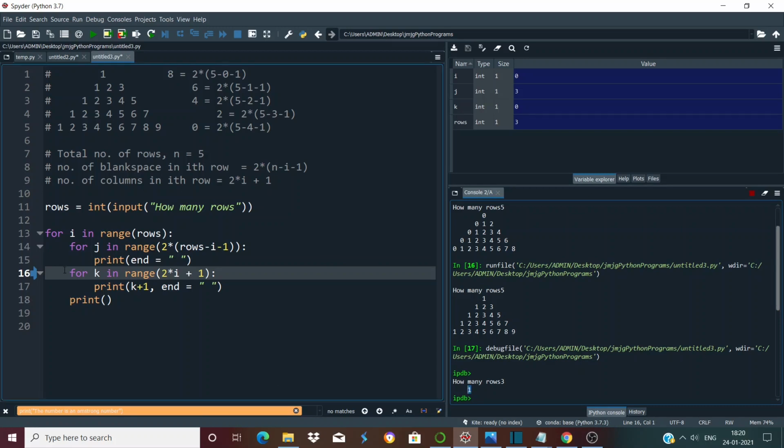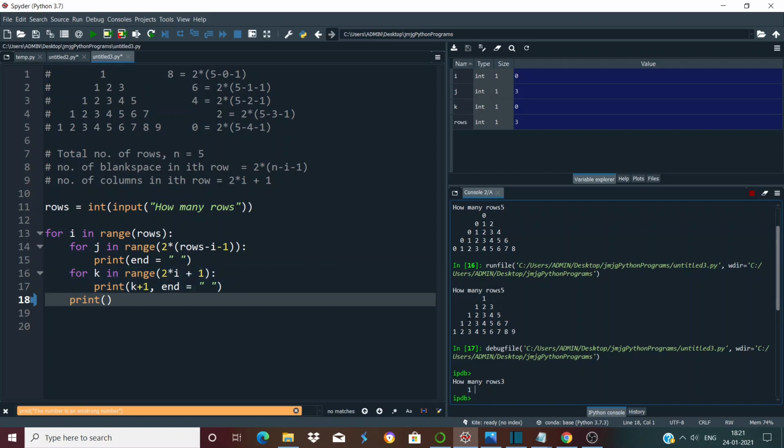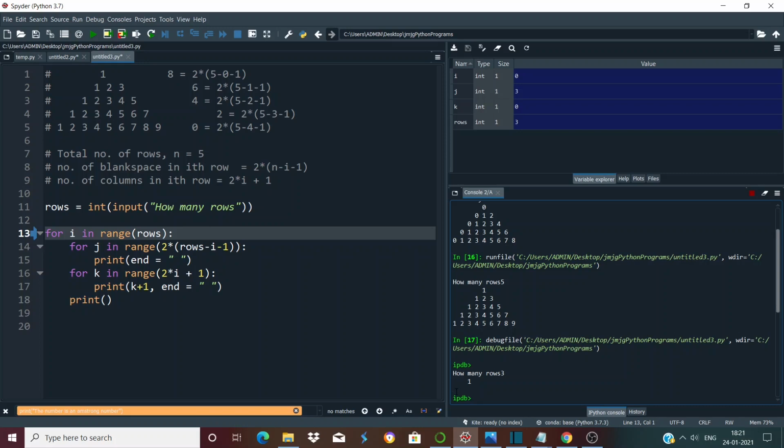So as this inner loop will have only one iteration and we have already completed that iteration, it will no longer enter inside this inner loop. So from line number 16, it will directly come to line number 18. So let's move to line number 18, and it has moved to line number 18. Here it will print a new line, right? So if we press Ctrl plus F10, the cursor has moved to the next line. Now we will enter the second iteration of the outer loop.